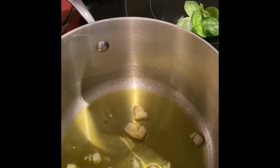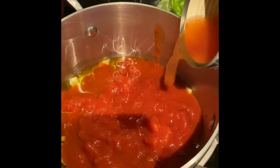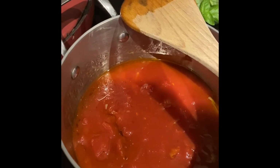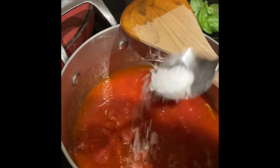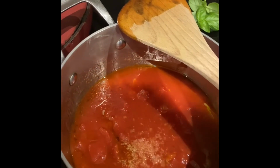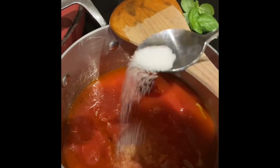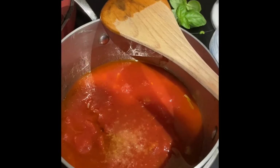So now I'm going to put in a tin of good chopped tomatoes. I'm just going to add in about a third of the tin of water. So I've cleaned out the can, and I'm going to add in about a level teaspoon of good sea salt and a little bit of sugar, just a pinch of sugar is going in there just to offset the acidity in the